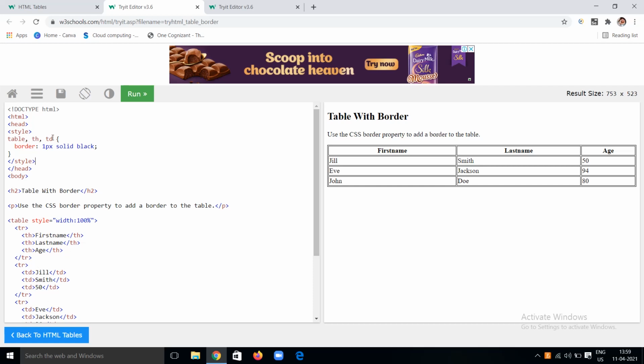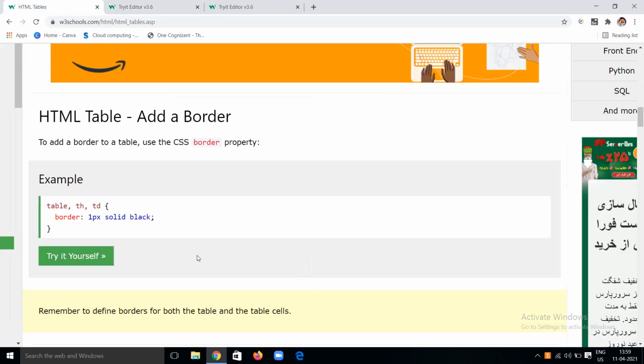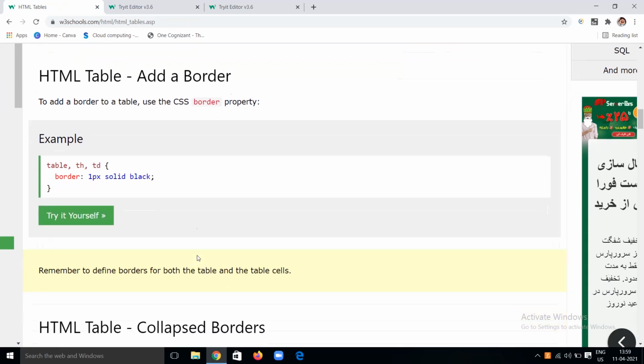For the header part and the data part I am giving borders of 1 pixel and a solid black. By default these borders take a double line, not a single line. So you can remember these things to make a table.